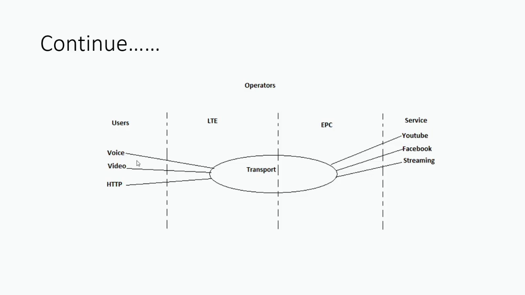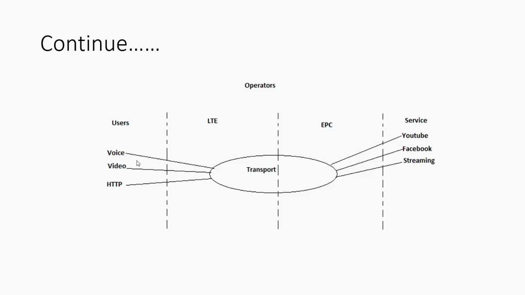So on the left is every user that uses these services, and on the right you have the provider. In the middle is the LTE, EPC and the transport network that you have in your mobile operator. So the mobile operator really has to do it right in order to satisfy their customers. On the left all types of traffic are injected into the radio network, then go across the transport network and on to the core network, towards the internet and the service provider.